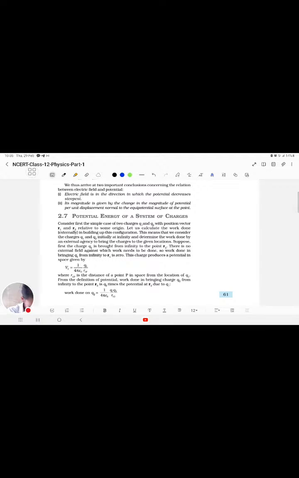ஒரே ஒரு நிமிஷம். So basically potential என்பது என்னது? The work done bringing a unit positive charge from infinity to that particular configuration, which is equal to the change in potential energy divided by the amount of charge that you have taken in. And if I'm considering the potential energy at infinity to be equal to 0, that's basically U by q. Or it can also be considered to be the charge multiplied by the amount of potential that is present. Amount of field that is present over there. Field is basically KQ by R.